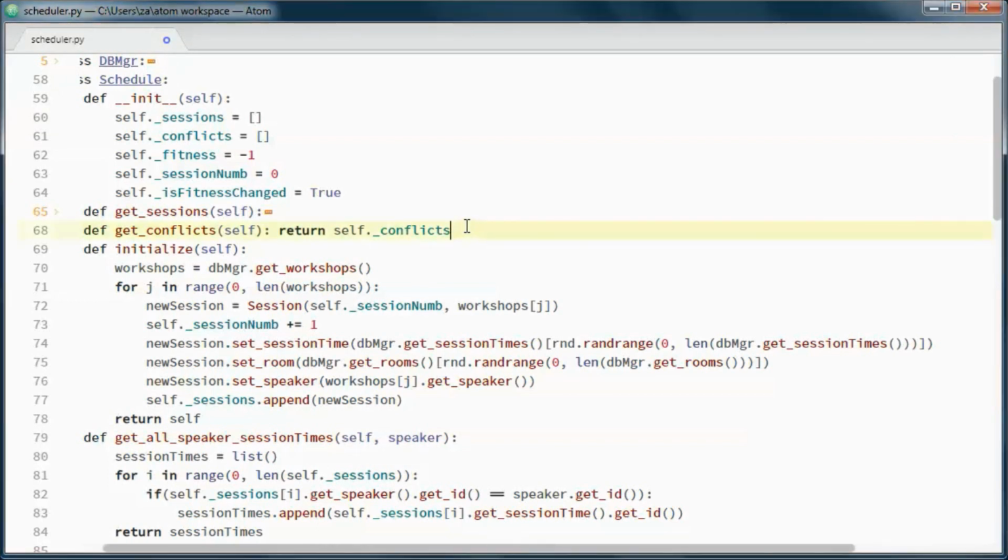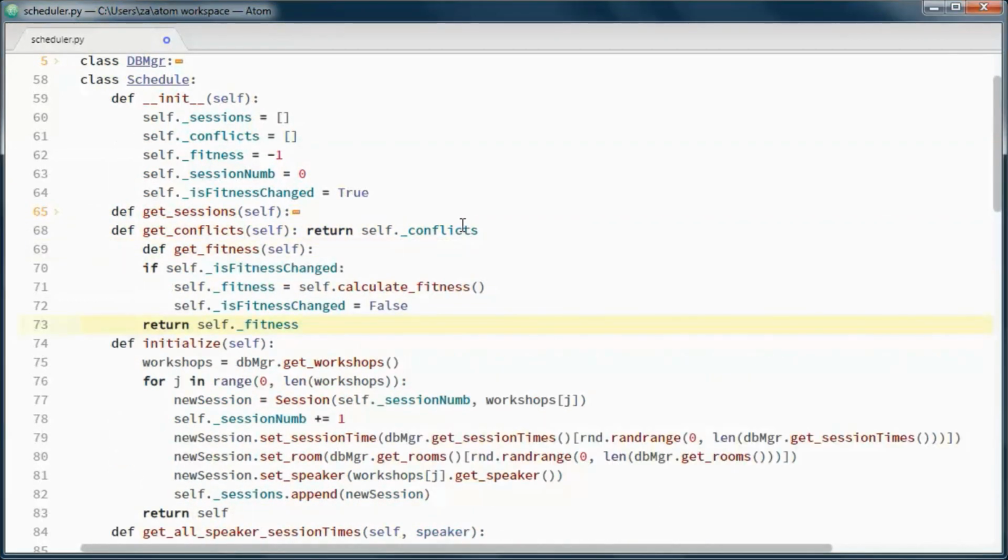And this method returns fitness and recalculates it in case it has changed.